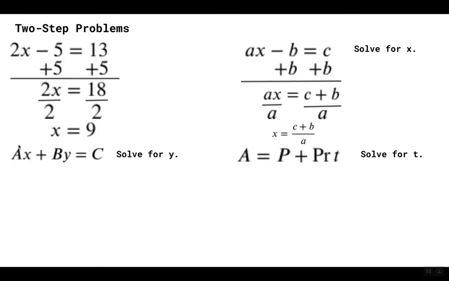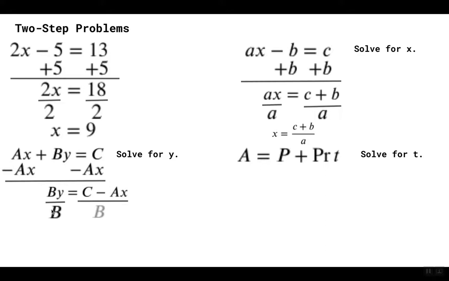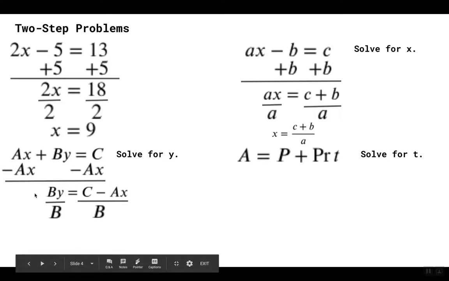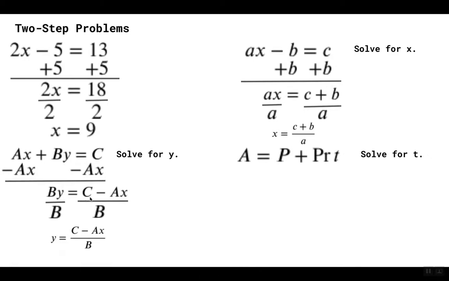We've got to get rid of ax first. So since it's ax plus by, we're going to subtract ax from both sides. So I end up with by on the left and c minus ax. There's not anything I can do. I just copy it. I'm solving for y, so I come back here and I say, well, it's b times y. So I'm going to divide both sides by b. These b's will cancel, and I'll be left with y equals, and I really just copy this, c minus ax